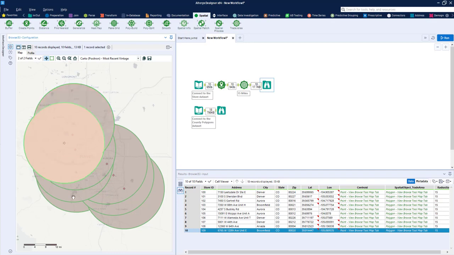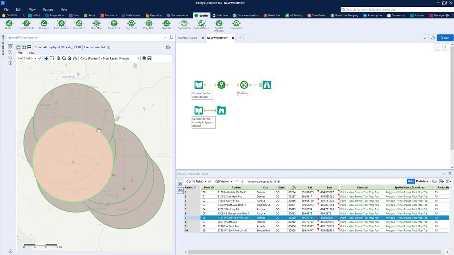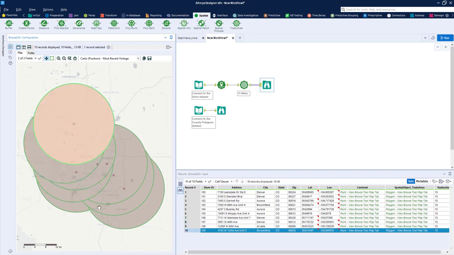Let's go back and view it. Looks like everything is back into its original format. So I'm essentially performing the same task of analysis on 10 stores at a time. What counties does this overlap, and how much of those counties does it overlap? So let's go ahead and say, how do we match up that this store actually touches or intersects or contains